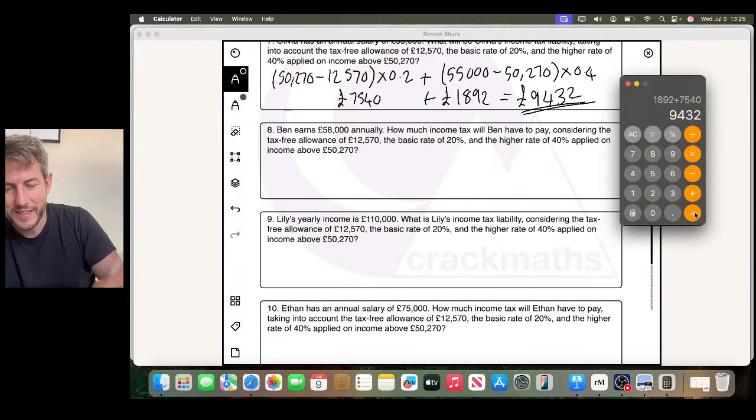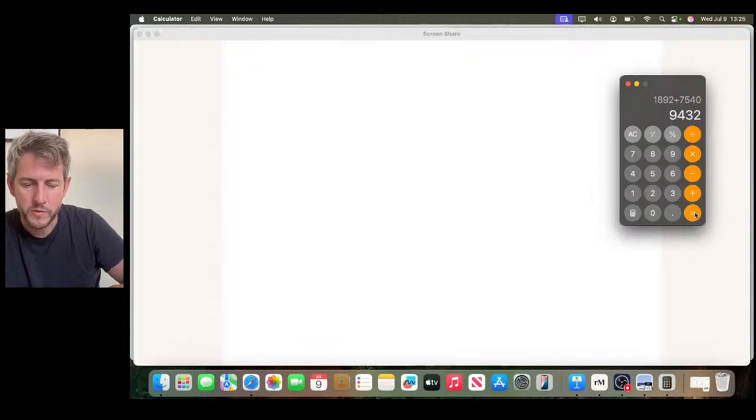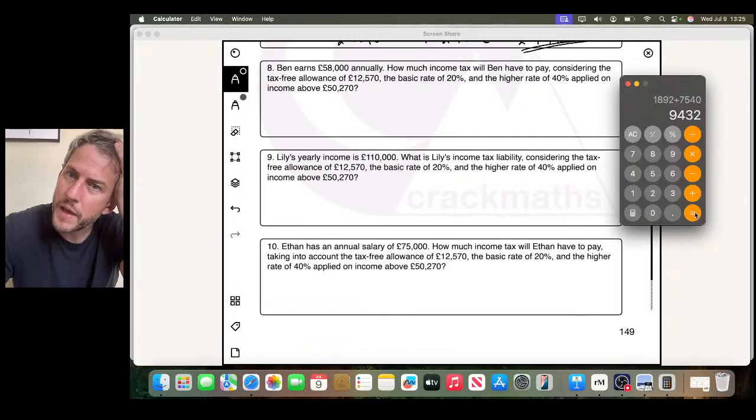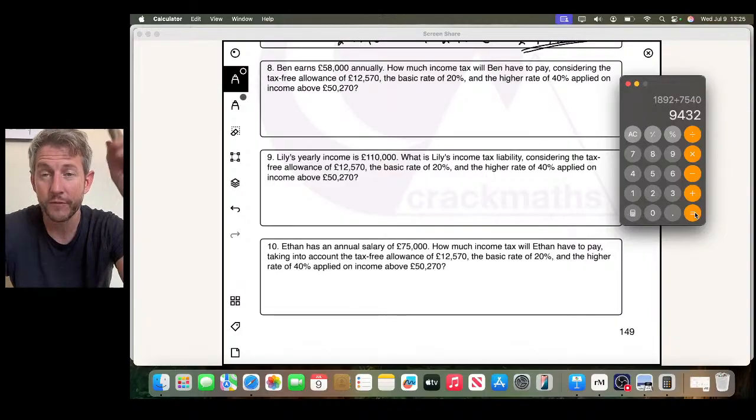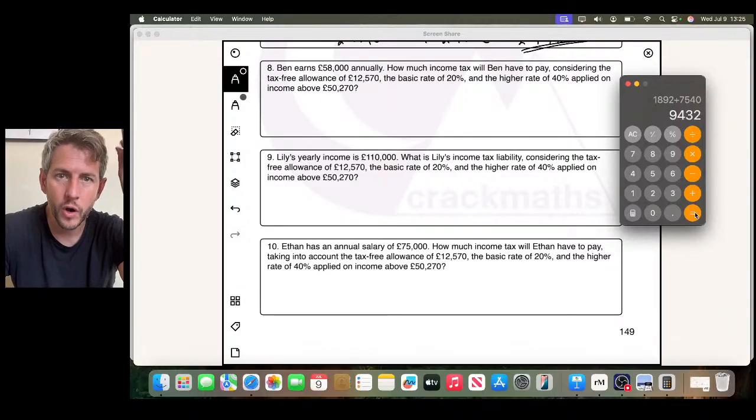So I can actually see, well, 1 second. Let's just read this here. So Ben earns £58,000 annually. How much income tax will Ben have to pay considering the tax-free allowance of £12,570, the basic rate of 20% and the higher tax rate of 40% applied on income above